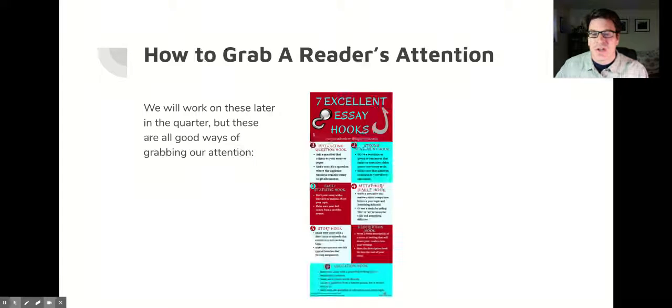Excellent essay hooks. And as I said there's going to be some additional slides for this, but this is a nice infographic here that I found that reiterates some of the things that I like, starting with a question, having a strong statement, a fact or a statistic. That's kind of a did you know. Maybe start with a metaphor or a simile. I'll give you some examples of those later. A story or an anecdote. And then the last one, it says a description and a quotation hook. Quotation hooks work great, especially for a book where so many memorable things are said by such persuasive speakers like Lewis and Martin Luther King.